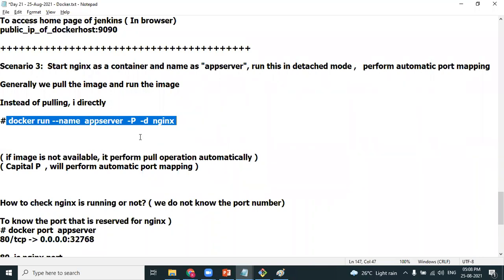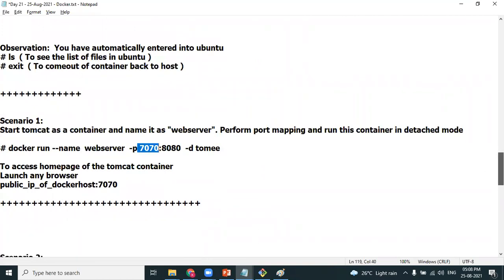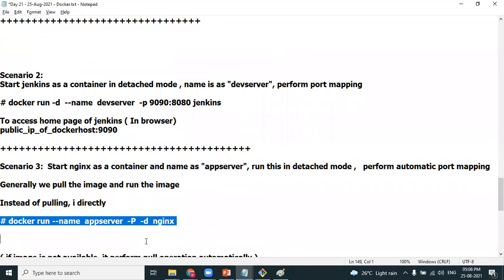Next, Shika, what is the importance of capital P? Tomcat runs on port number 8080, as we know, and I have mapped it to 70. But I am not sure what port number Nginx runs on. I'm least bothered about it. If you don't know or don't worry about the default port number and the port number you need to map, happily use capital P. Capital P is for automatic port mapping.